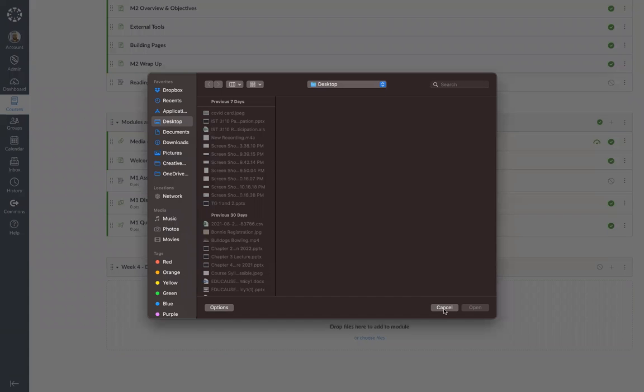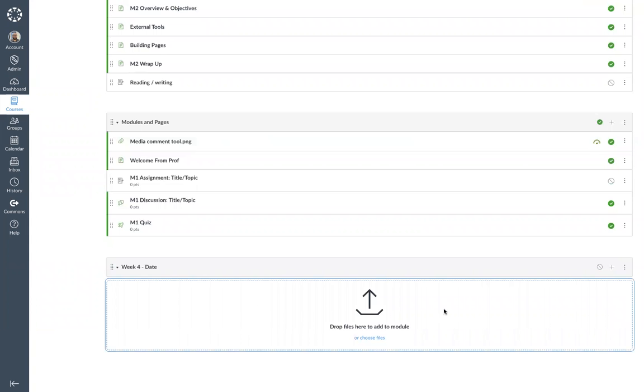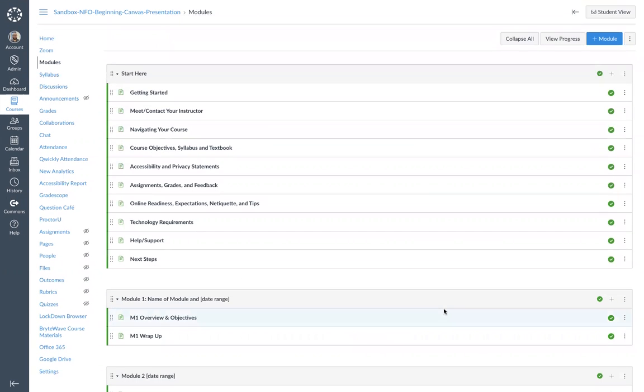It would open up your computer, wherever you have your files, and then you can upload them there. Now, before you can actually put them here, the files are going to be in your files folder.